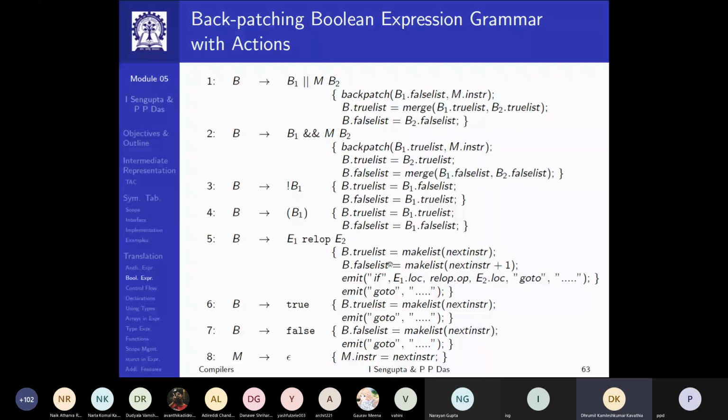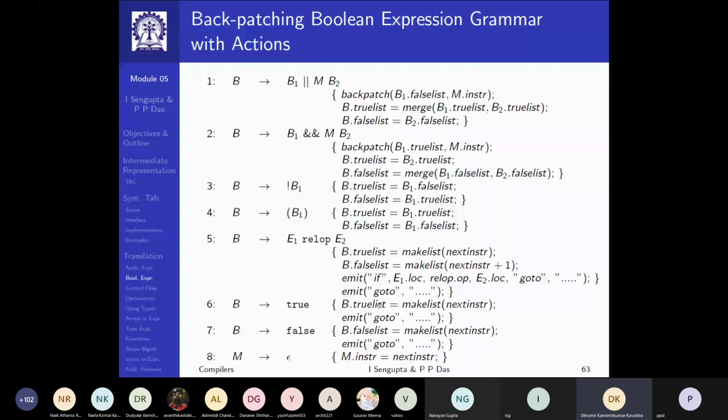Okay, sorry. So when I compare by relational operator, I need to generate a pair: a conditional goto, which will generate the true target, and the fall through to the unconditional goto, which will generate the false target. Since next instruction is the point where the next instruction is generated, this if will get generated at next instruction, and goto will get generated at next instruction plus 1.